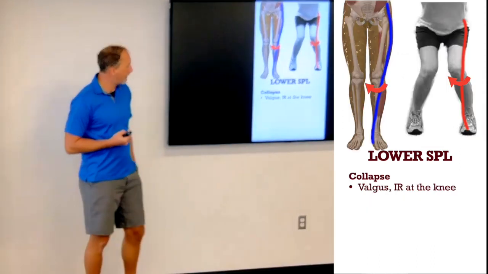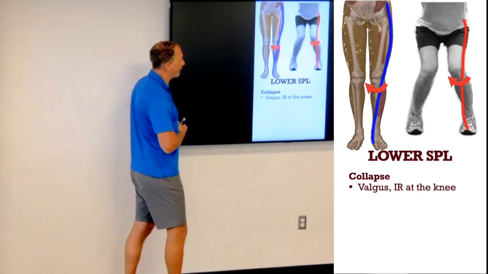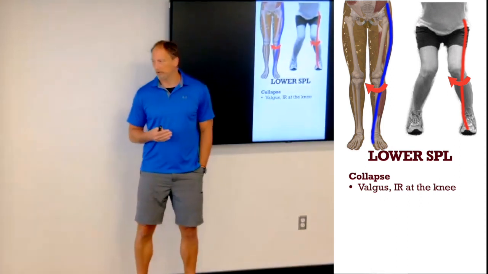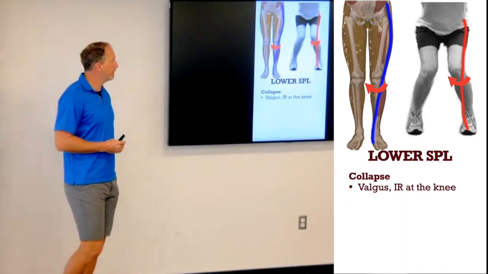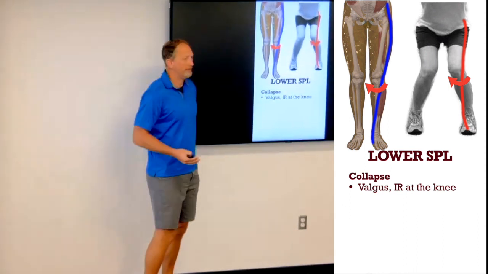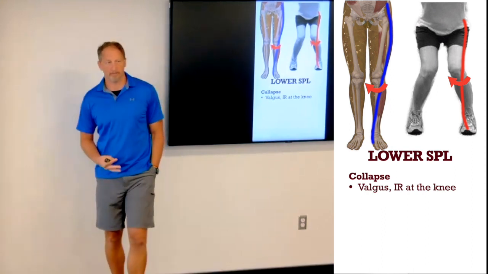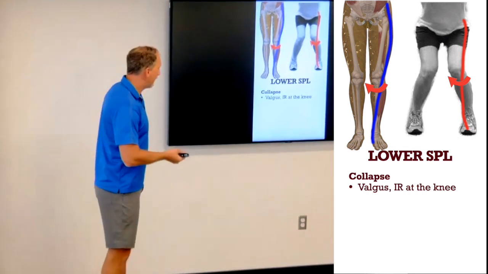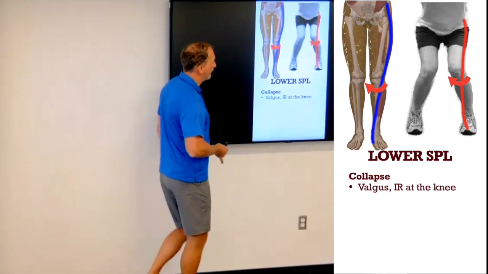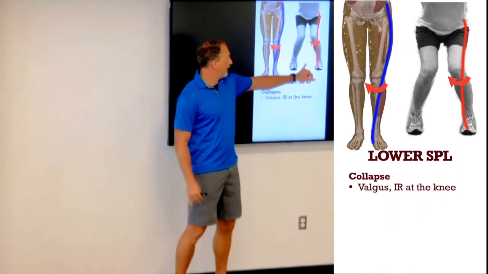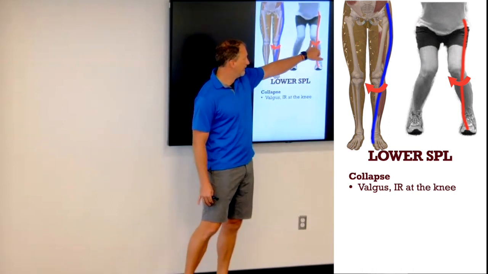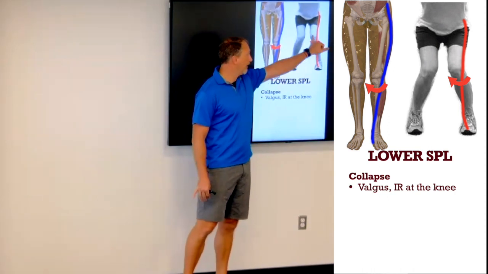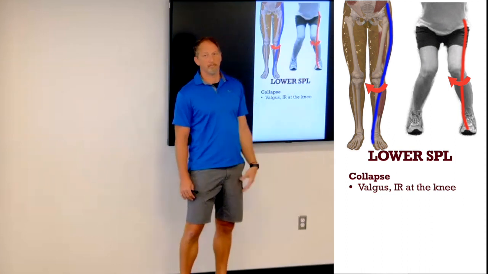We talk about the lower spiral line. We talk about the valgus collapse, the internal rotation of the knee. For 30 years, we blamed the glute med. It's not just the glute med; it's the entire lower spiral line. It's the pelvis, it's the knee, it's the foot. If we have valgus collapse at the knee, we have valgus collapse at the ankle. This isn't bad, and this is good. These both have to be considered equally bad, because